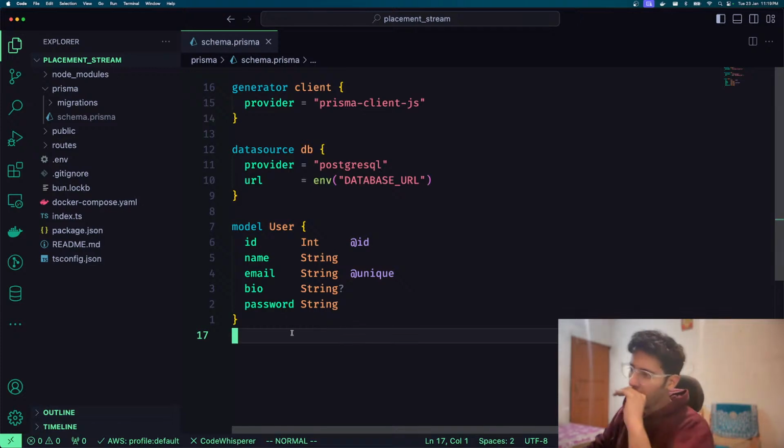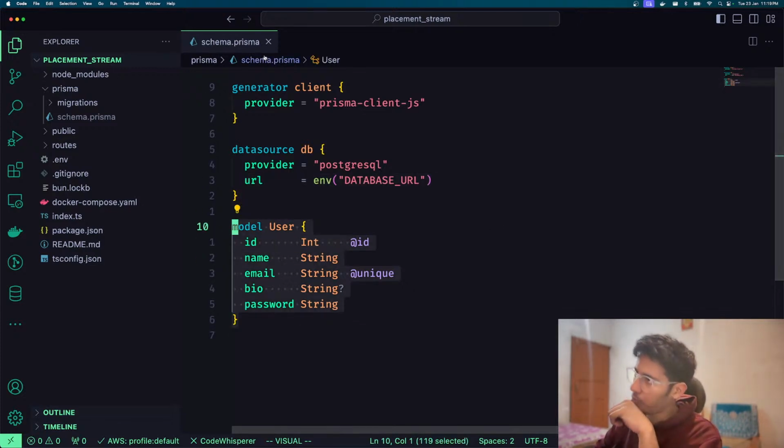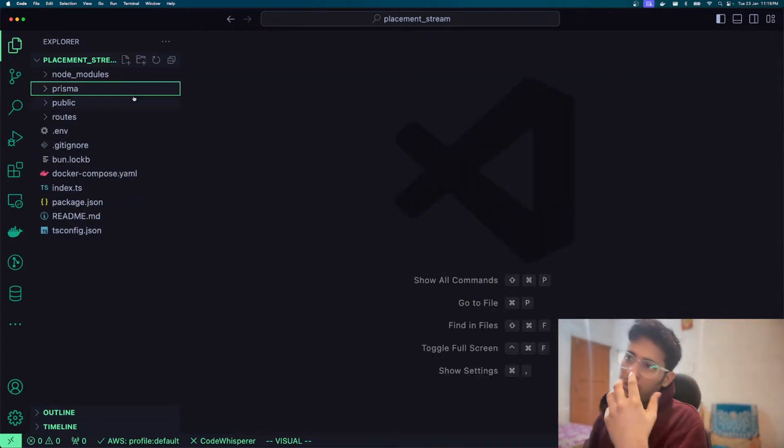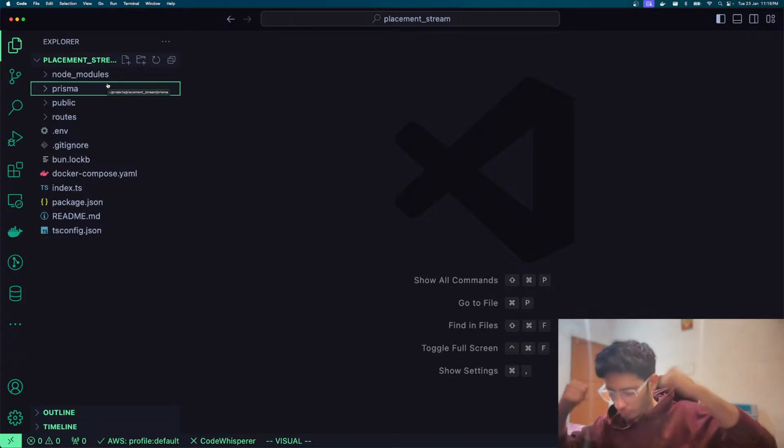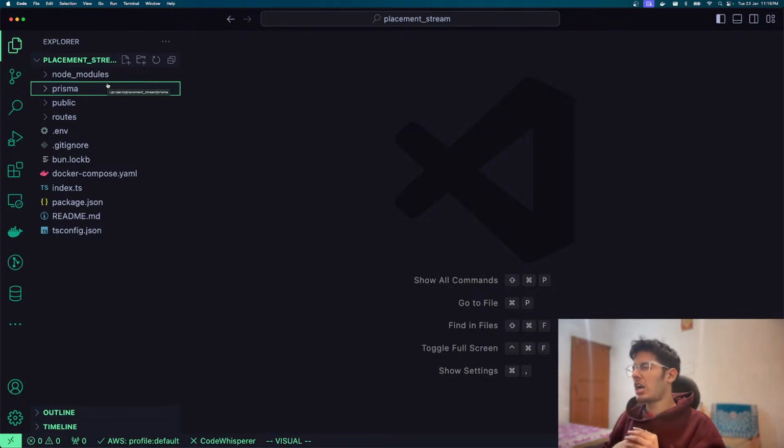Okay, so now we know how we have a database. Now the problem is how to connect to the database. We have created a database, we have applied the migration, all cool, we are good to go. But how to connect to the database? That's the question. For that we use something called Prisma client, and let's see how Prisma